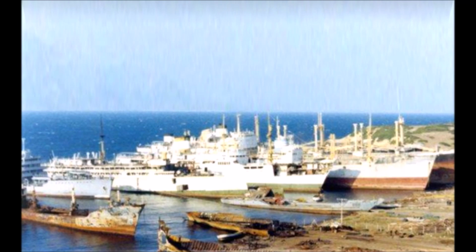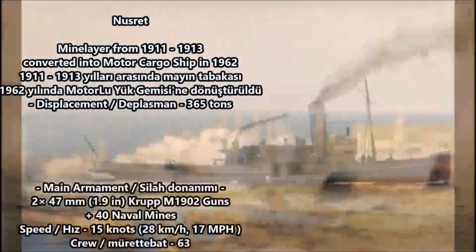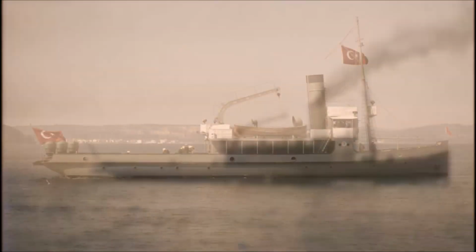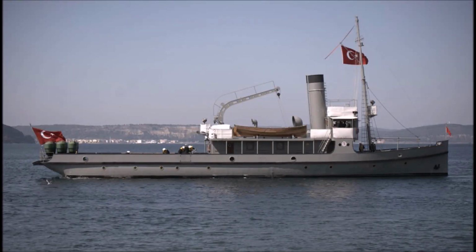The Nusret is a Turkish minelayer that was constructed between 1911 and 1913 in Germany, and was delivered to the Ottomans in 1913, just 1 year before World War I began. She had a displacement of 365 tons. Her main armament was two 47mm German-made Krupp Model 1902 guns, and she could carry upwards to 40 naval mines, and these naval mines were pretty much her main weaponry in the First World War. Her speed was 15 knots, or 28 kilometers per hour, or 17 miles per hour, and she had a crew